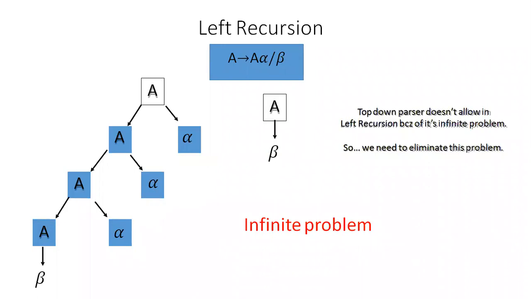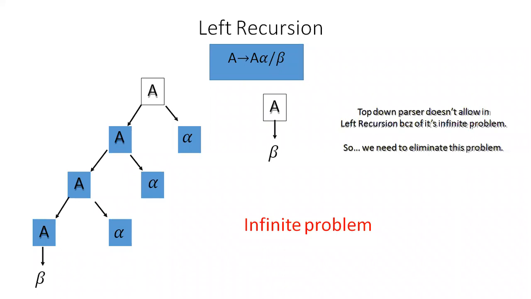And here, if left recursion is present in the grammar, then it creates a serious problem. Make a note of this. Because of left recursion, the top-down parsers can enter into an infinite loop. See the derivation path from the root node of the given grammar, that is A. What are we deriving? A, we substitute A alpha, again A alpha, again A alpha.